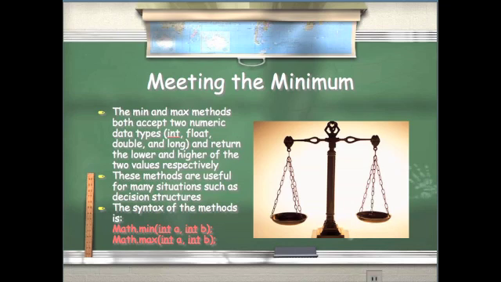The min method and max method both accept two numeric values. The min method returns the lower of the two values, while the max method returns the